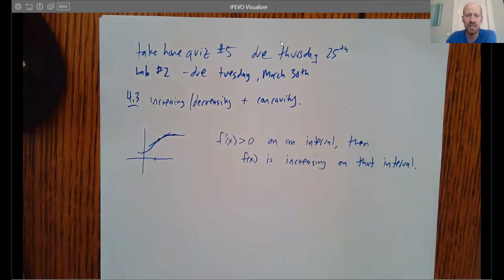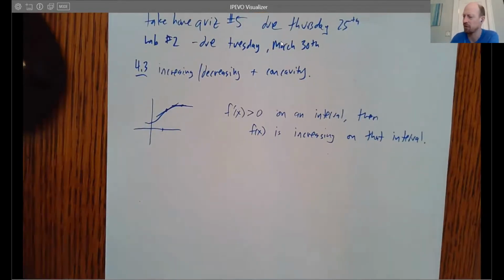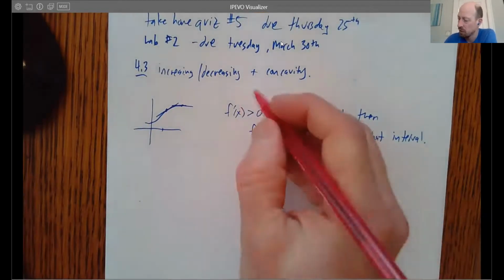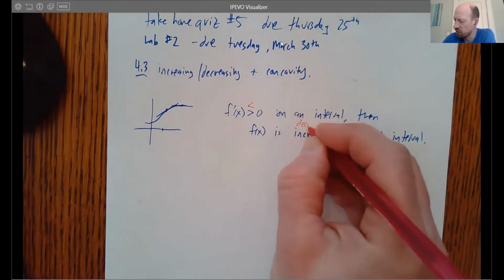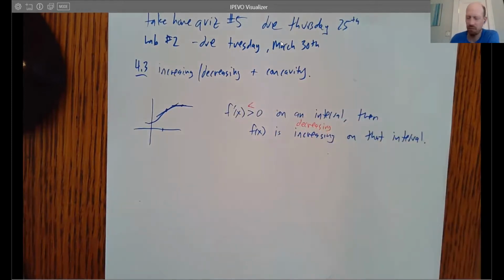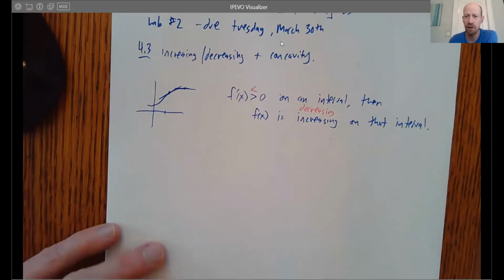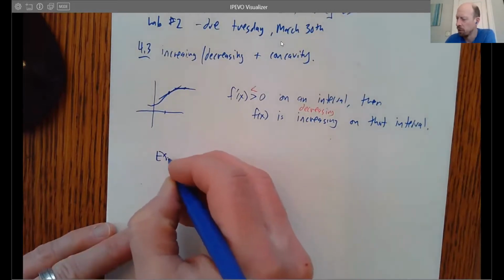And of course, the same thing is true for decreasing. If f prime of x is less than 0 on an interval, then the function is decreasing. So same basic definition. And based on that information, we can now figure out where a function is increasing and decreasing. For example,